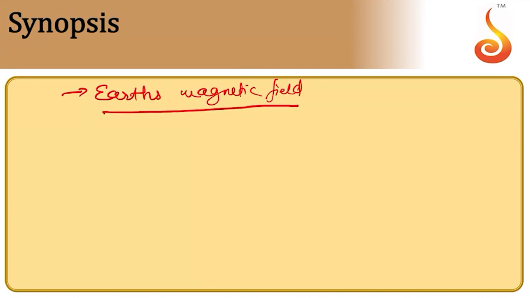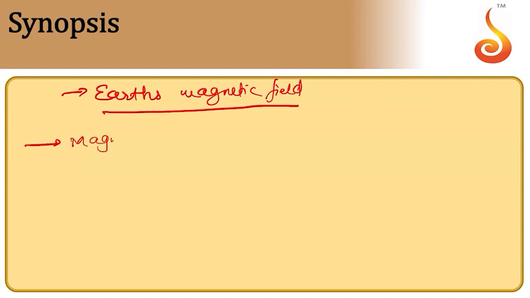Terrestrial magnetism or Earth's magnetism. You know that the interior of the Earth contains a hot plasma which is actually in circulation. This circulation of plasma is like the flow of currents, and due to this there is a magnetic field outside the Earth. And in order to understand this, we use three different terminologies. One is the idea of meridian, the second is the idea of declination, third is inclination.